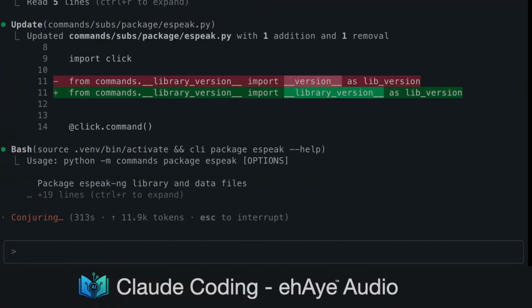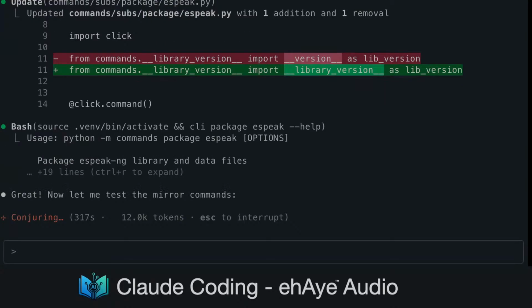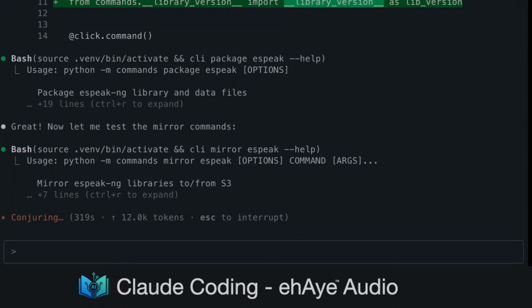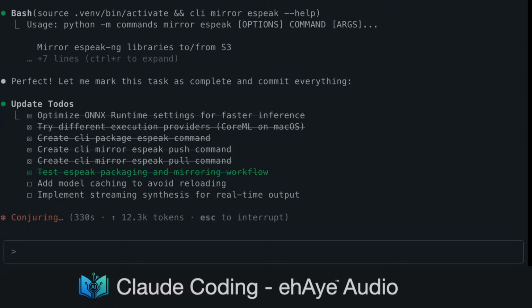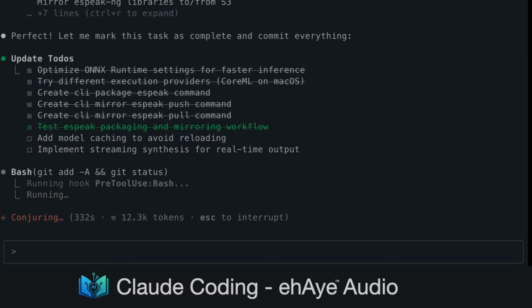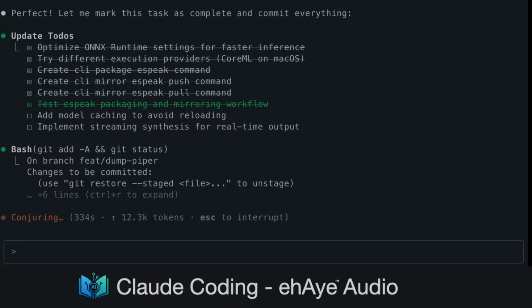Test speak package command again. Excellent. Now let me test the mirror speak commands. Great, all the commands are working. Let me commit these changes. Stage all speak changes.